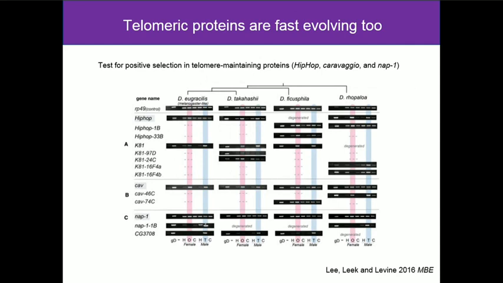So this is what I started to stumble into, which is that the telomeres, this was just recently published work from Mia Levine's group, who was a postdoc with Harmeet for a bit. She assembled a collection of proteins that we know are associated with telomeres and looked at those very carefully in that same comparative kind of context. And they too, many of them, show an excess non-synonymous to synonymous variation, a lot of blinking on and off going from one species to another, and sometimes confusing orthology. And so they too are showing this same kind of signature of fast evolution, perhaps also driven by the underlying DNA evolving under a strictly molecular process.